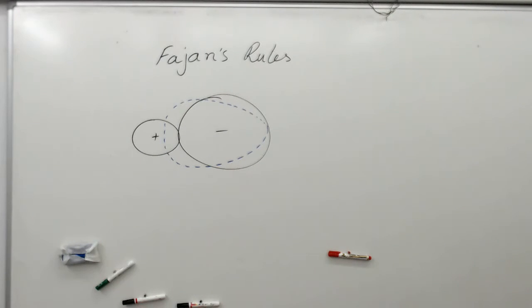High charge of the anion. And the fourth one. So the third one was large size of the anion. And the fourth one,